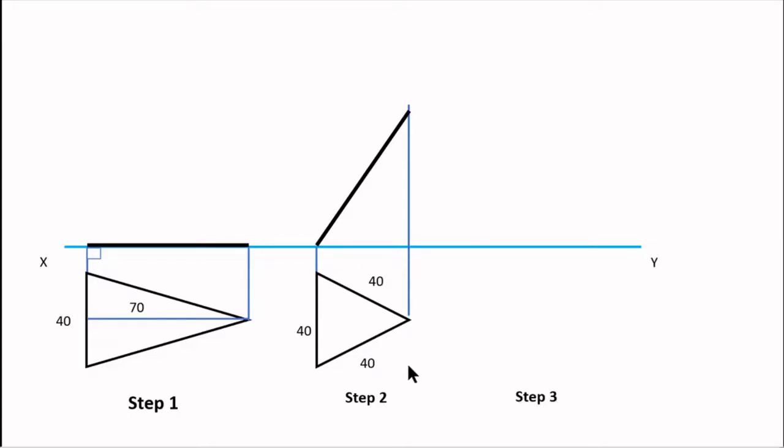In step 3, I'll incline this edge, which is the true length 40 mm edge. The other 2 sides have reduced. These are the actual lengths and this is the reduced length. So 40 mm is constant. This 40 mm length I am going to incline at a 50 degree angle. So I'll then incline this triangle into this position.